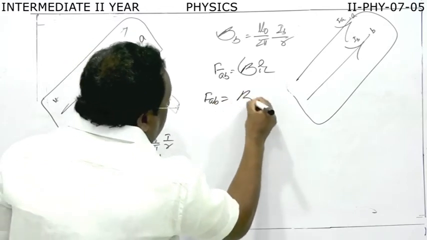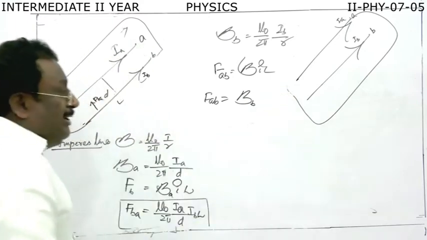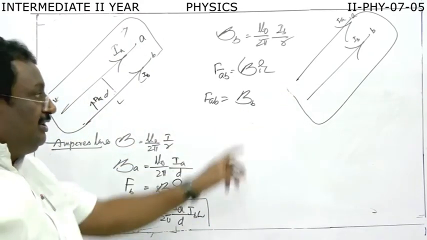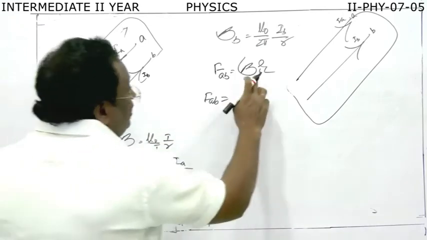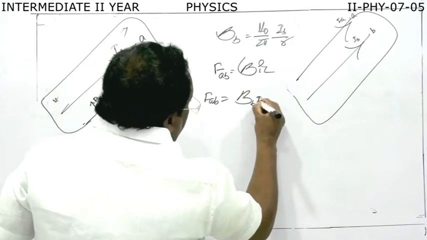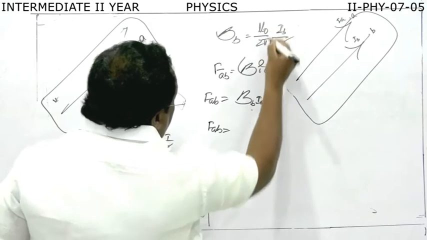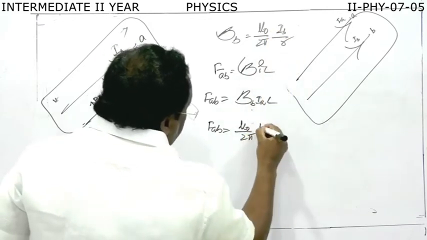B is equal to what? BB, meaning the magnetic field produced by the conductor B. Now this is the force on A. We take the current in A. I is equal to what? IA. Now FAB is equal to the BB value, mu naught by 2 pi, IB.